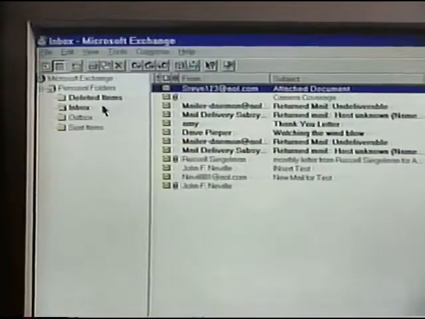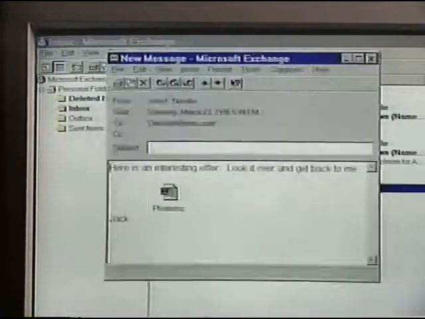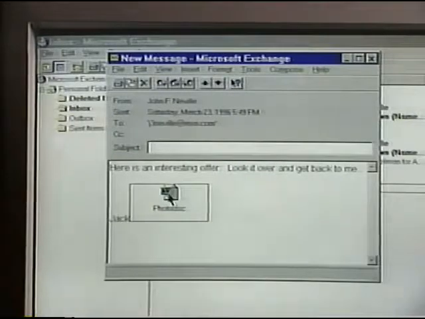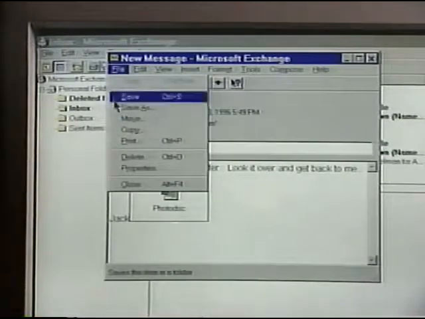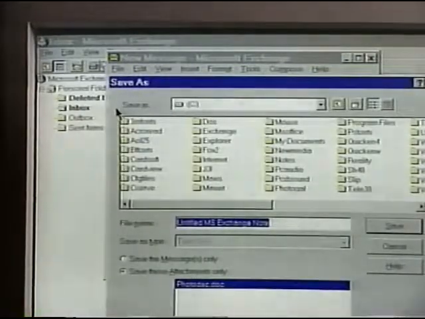In the inbox, we have a message with an attachment. We open the message as usual. There, in the message, is the icon representing the attachment. We click on the attachment icon. Pull down the File menu and click on Save As to save the file to the hard drive on our